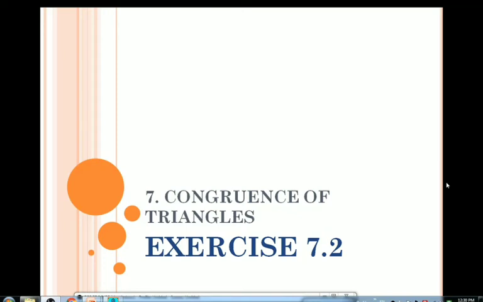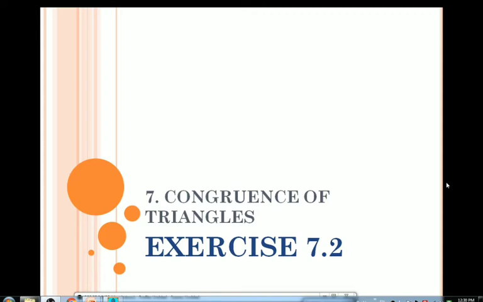So already in the last session we have studied about the congruence of triangles and we learned about the rules of congruence of triangles. And we know that there are 4 rules of congruence of triangles and these are SSS congruence rules. That means in this congruence rule we have to show 3 congruent sides. Because of that reason SSS stands for side side side.